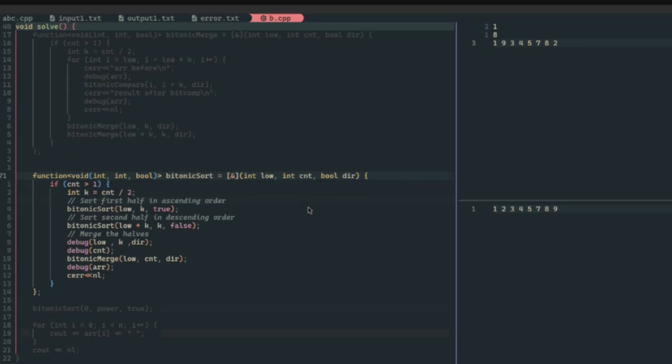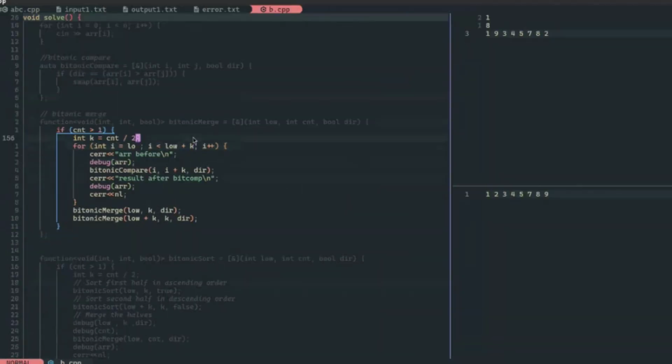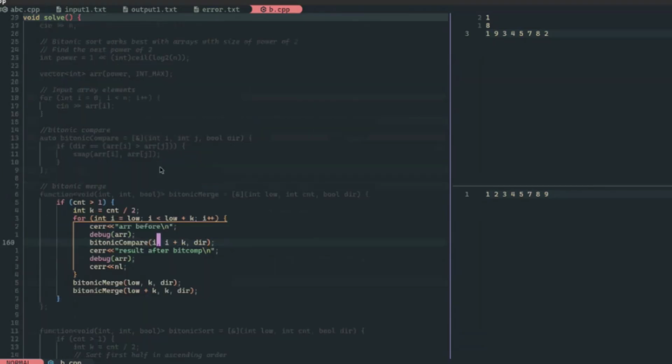When we pass index, count, and direction, it would check if the size is greater than 1. If it's greater than 1, then it would divide it into two halves. Then the first half would be sorted in ascending order, the second half would be sorted in descending order, and then bitonic merge would be called. We are checking if it's the left half and it has a flag of true, then we would compare and sort it into ascending order. Else we would sort it into descending order, which happens through